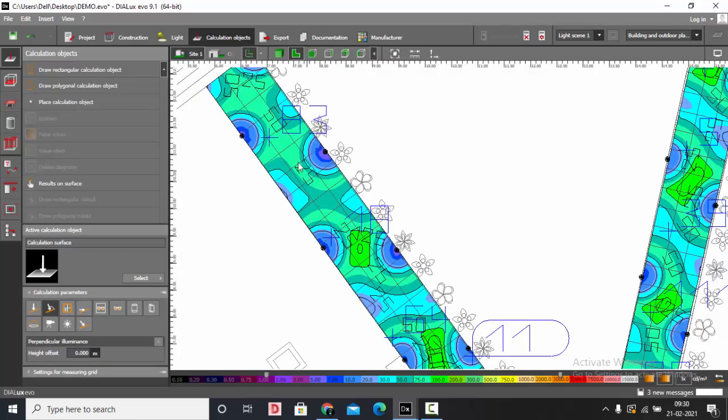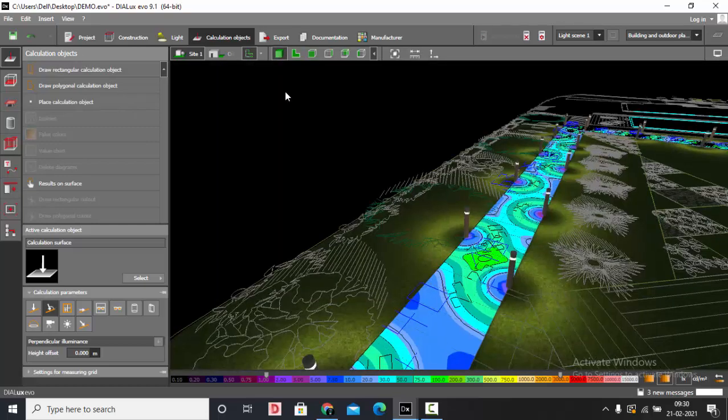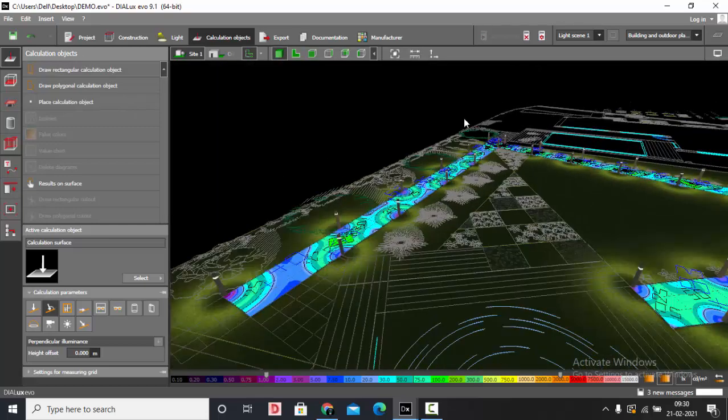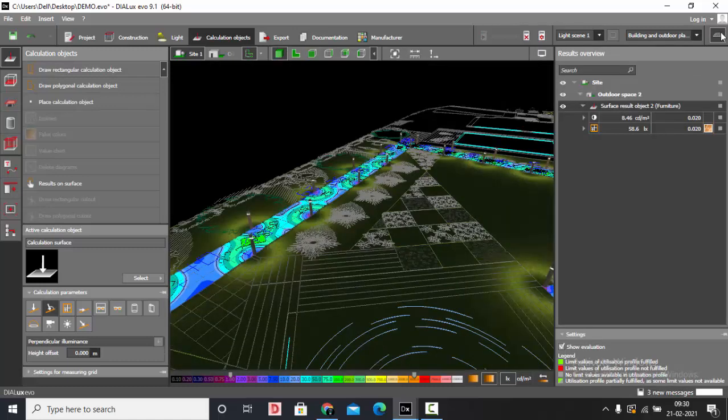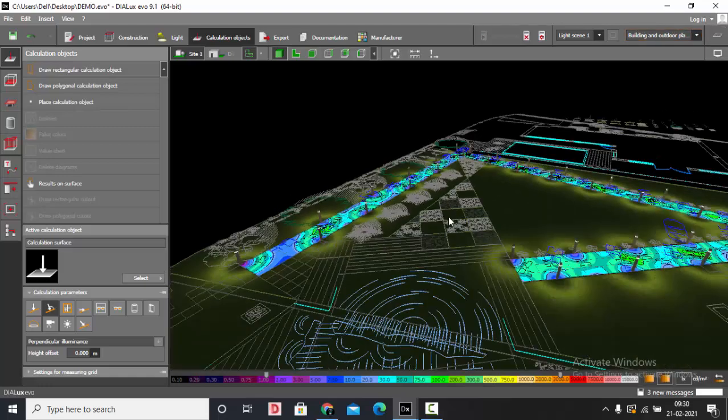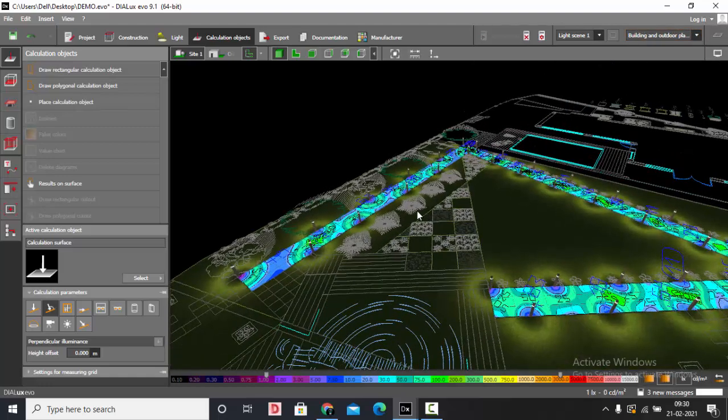So here you can see 25, 50, 25. These are the lux levels which you are having. And once you open the results overview, it will display the average lux you're getting. So this is how you place a calculation object for the pathways.